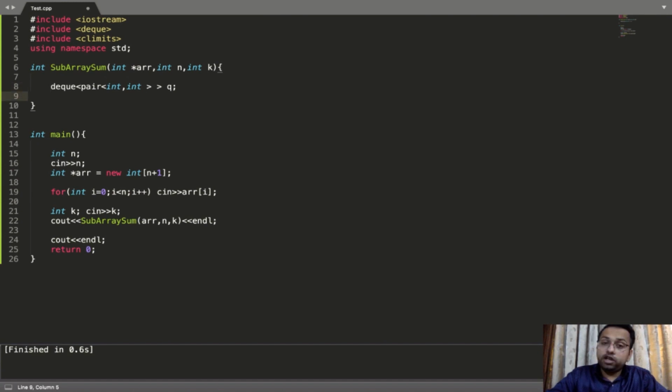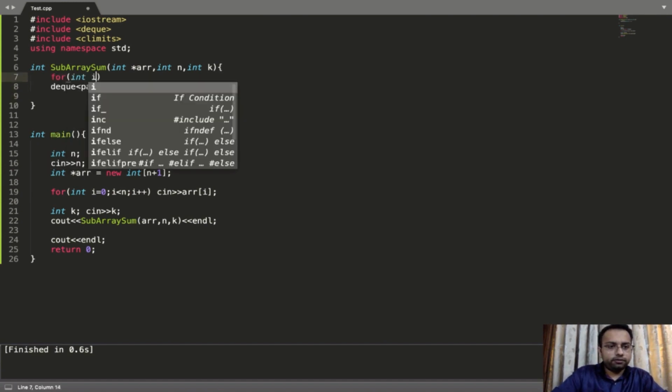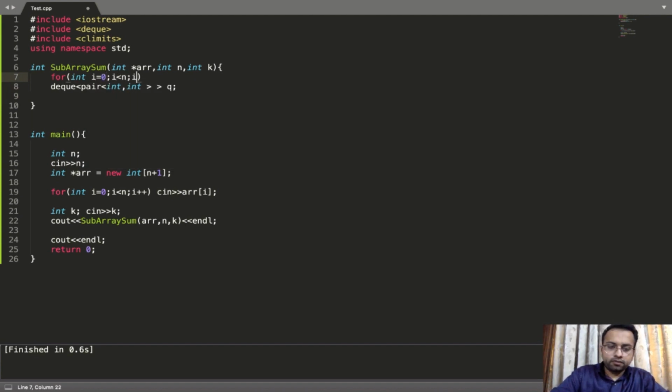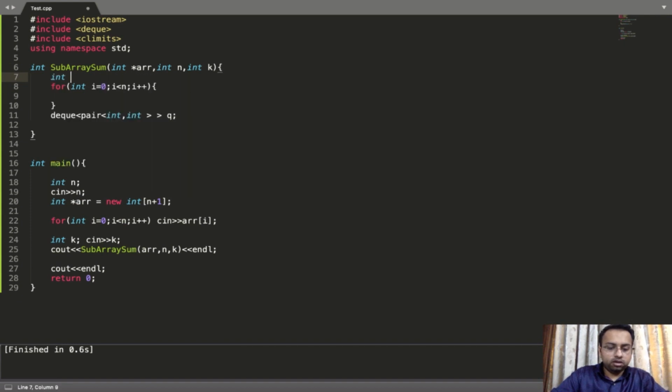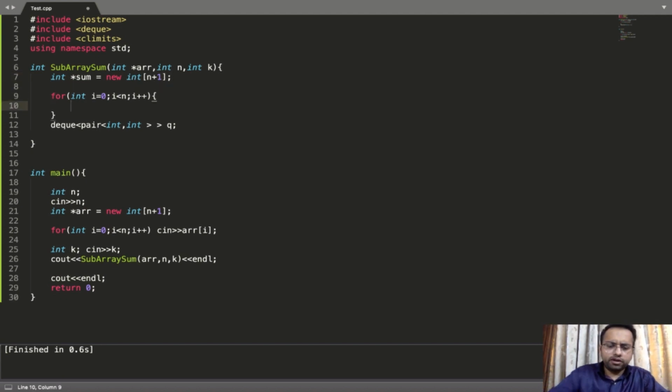The next thing is we need to calculate the prefix sum. So I'll iterate over the array and calculate the prefix sum. The sum array is also going to be of n length, right? I'll consider x as 0.